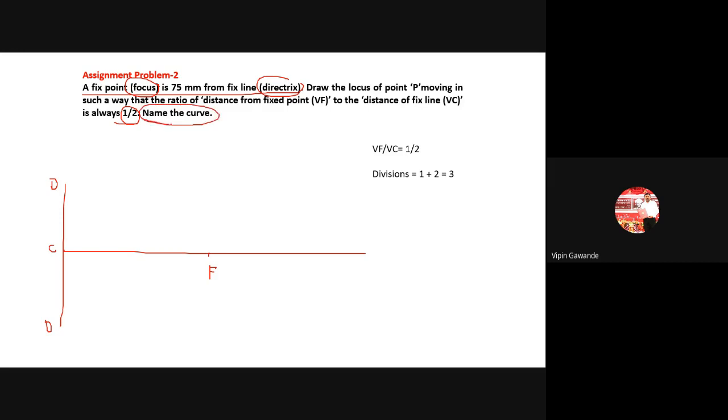आता हे कर्व कुठला ड्रॉ करायचं, कशावर डिसाइड करायचं, eccentricity. Eccentricity is 1/2, less than 1. Ellipse, we have to draw the ellipse. आता CF ला किती नंबर ऑफ डिव्हिजनमध्ये डिवाइड करायचं, that is equal to addition of eccentricity. So what is addition of eccentricity, 3. आता 75 ला 3 मध्ये डिवाइड करायचं. ओके, तर याला each division कितीचा येईल आपला, 25चा.